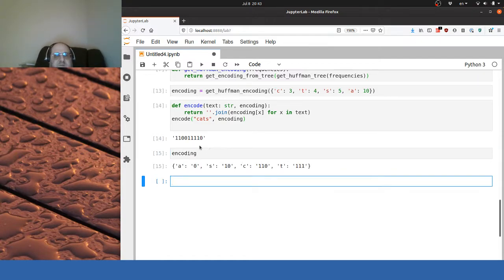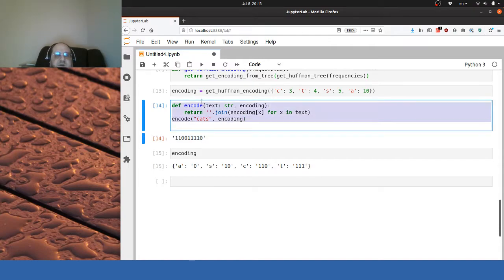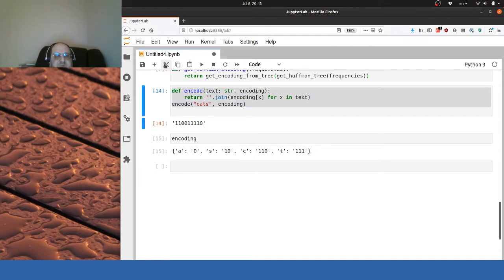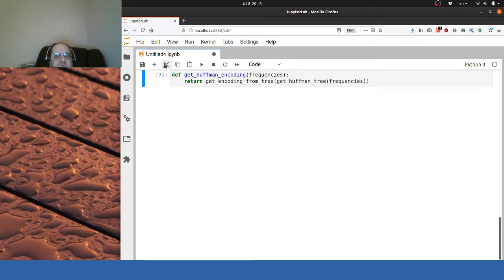So C is 110, then A is 0, then 111, and then 10 for S. Okay, so we encoded cats. Technically, that was not part of the problem. The problem was just